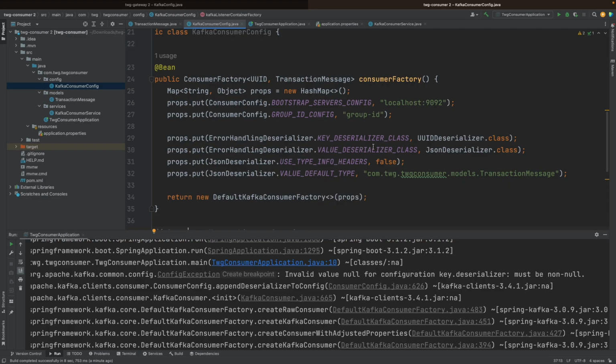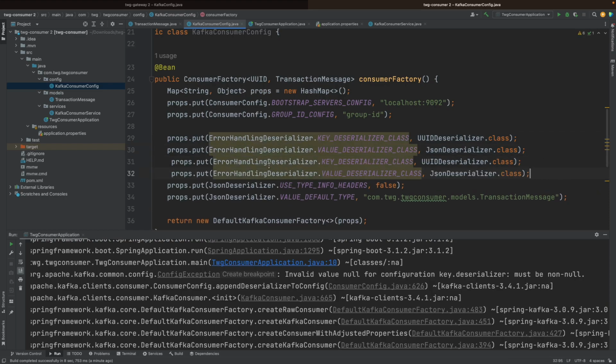Key value deserializer is there. So I'm guessing even with this error handling deserializer, it still wants us to use the actual deserializer property. So let me add that really quick. So let me go here. Just gonna copy this over and stack it here, and I'm just gonna use consumer config and